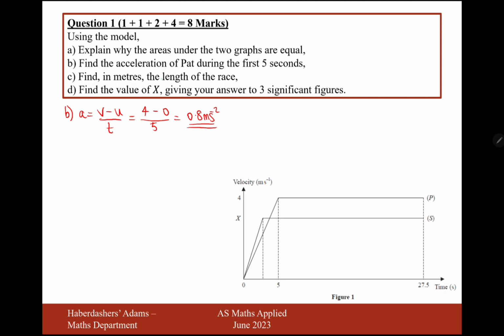Find in meters the length of the race. Well, let's use Pat's graph because we've got more information about that. So we're going to work out the area under the graph. We're going to start off with this triangle on the left-hand side. In fact, we could just go for the whole thing. We go for a trapezium shape. So you see here the graph of Pat's is a trapezium, so we're going to go with that. So the formula for the area of a trapezium is